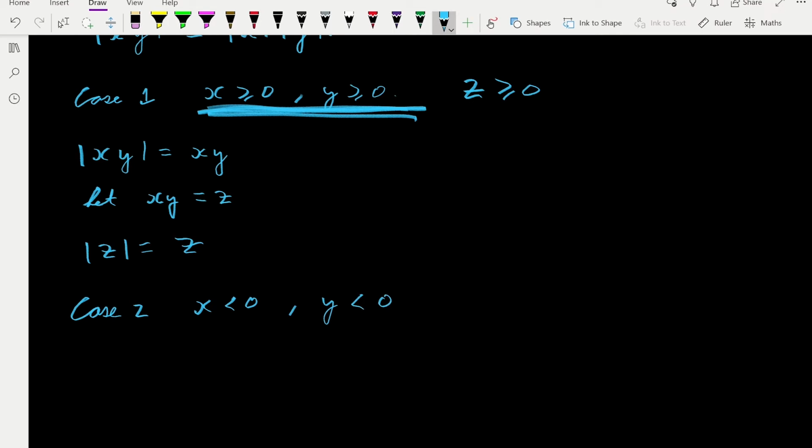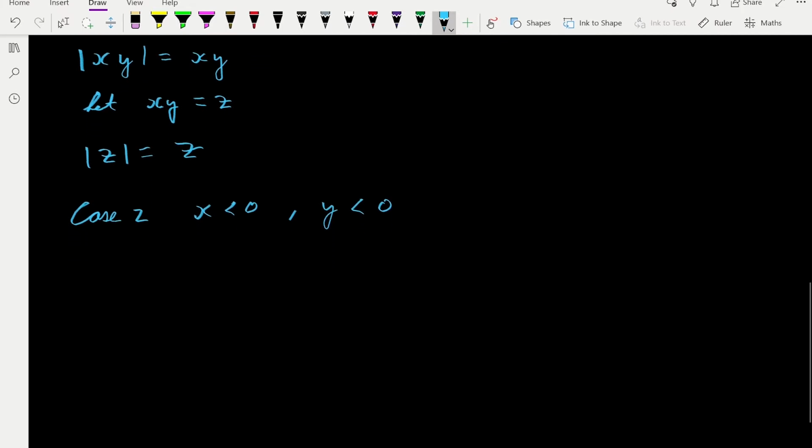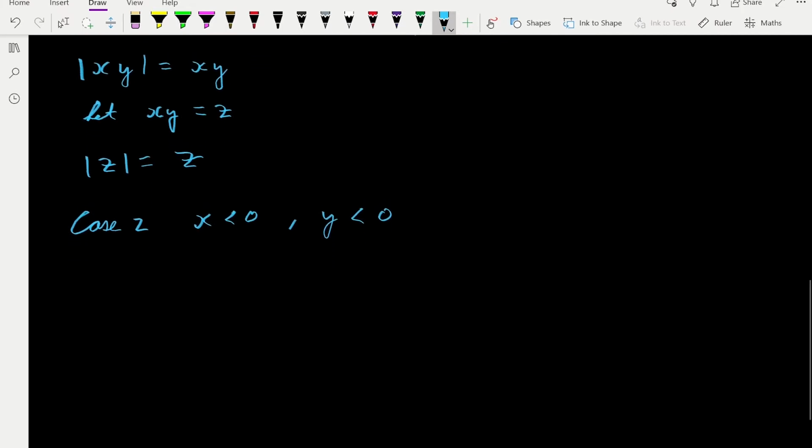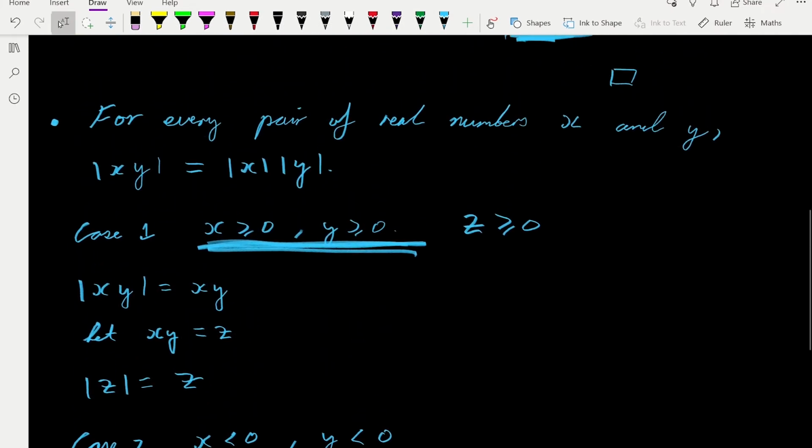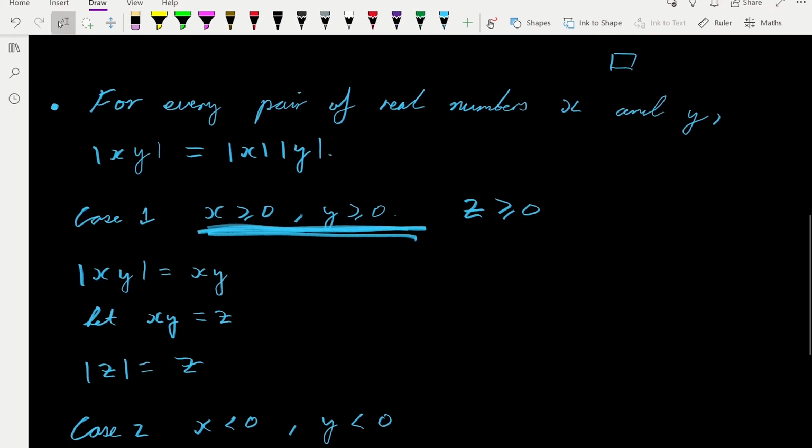Actually, I should prove case 1 from both sides. I haven't finished the proof from case 1. So getting back to case 1,